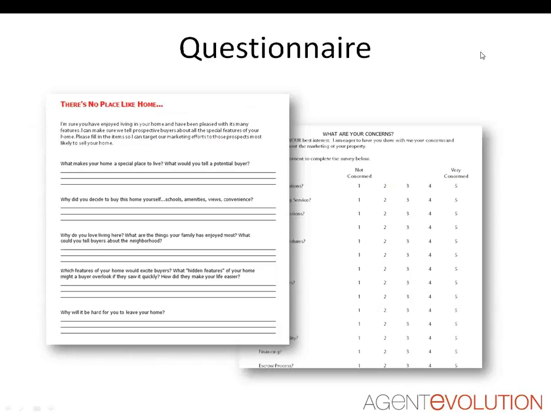Second thing that you might want to consider using is a questionnaire. And I find this extremely helpful to assess seller readiness, to identify areas of concern, such as safety or pricing and commission. And when you identify those areas of concern, it helps to also identify what objections you may be faced with in the listing presentation.